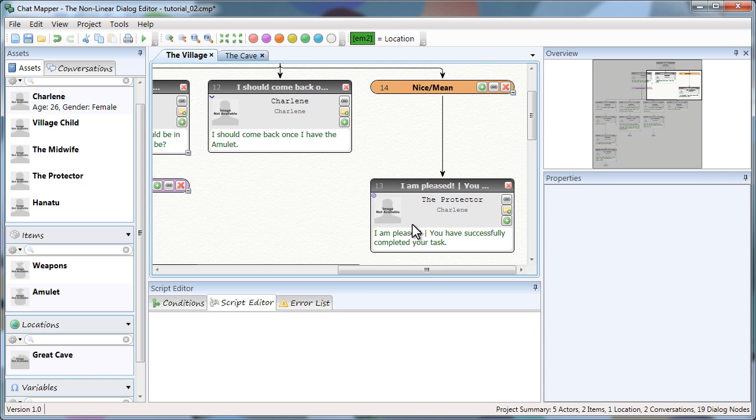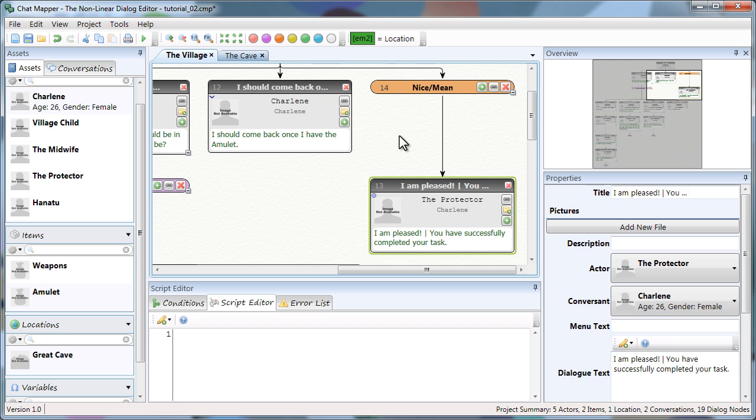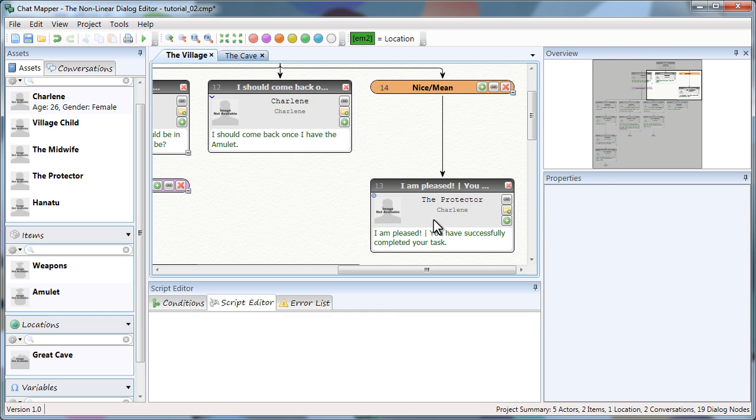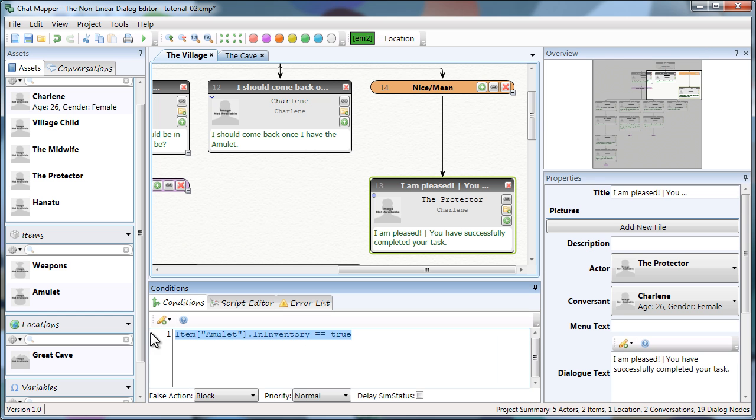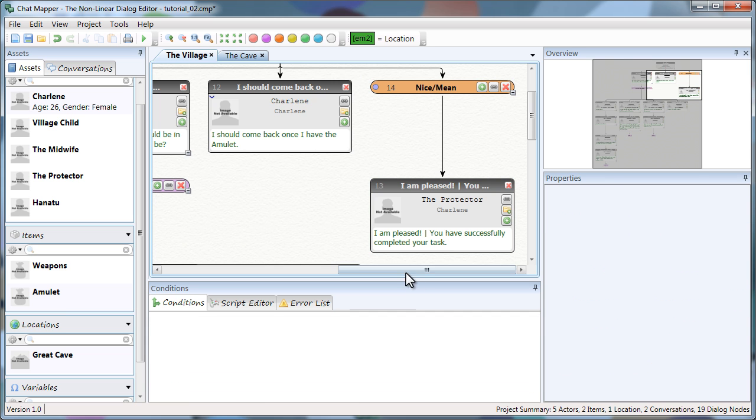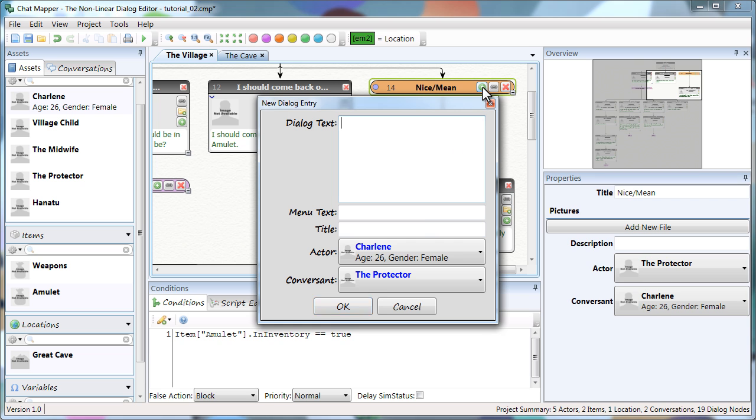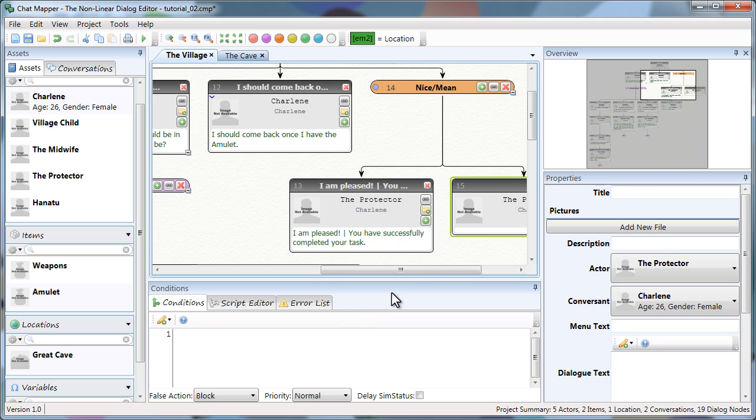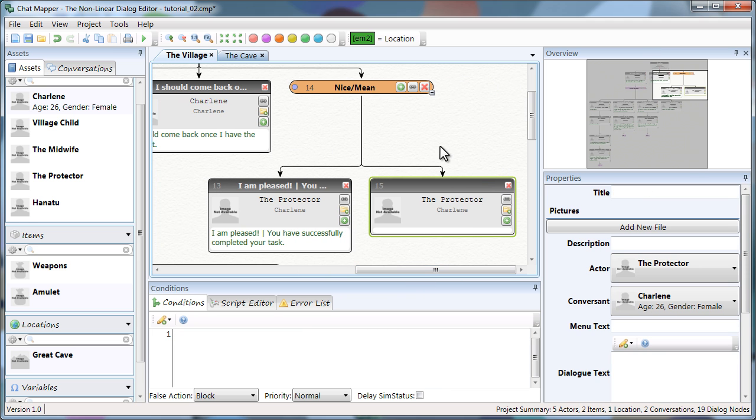So here, this is the nice response. So I'm pleased you've completed your task. I'm going to transfer this condition here, cut that, and paste it up to here. So let's add another response. This is Protector talking to Charlene. So if you were mean to Hanatu before, I'm going to have the Protector say something like,